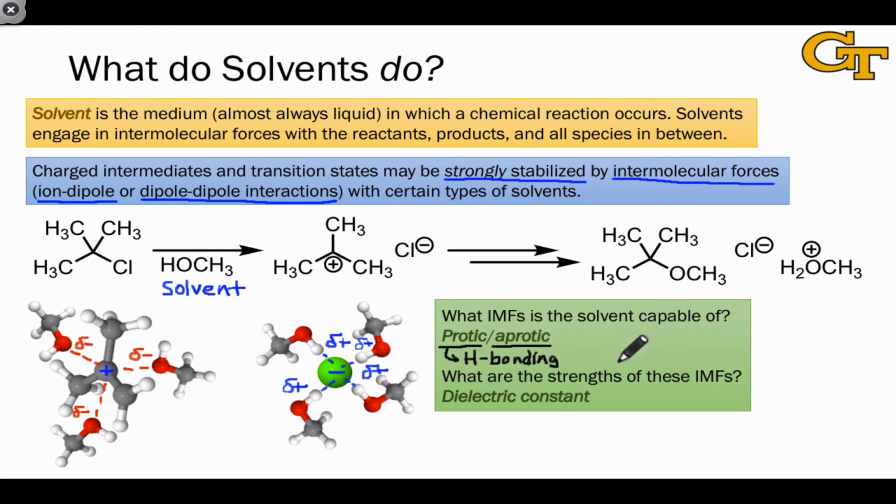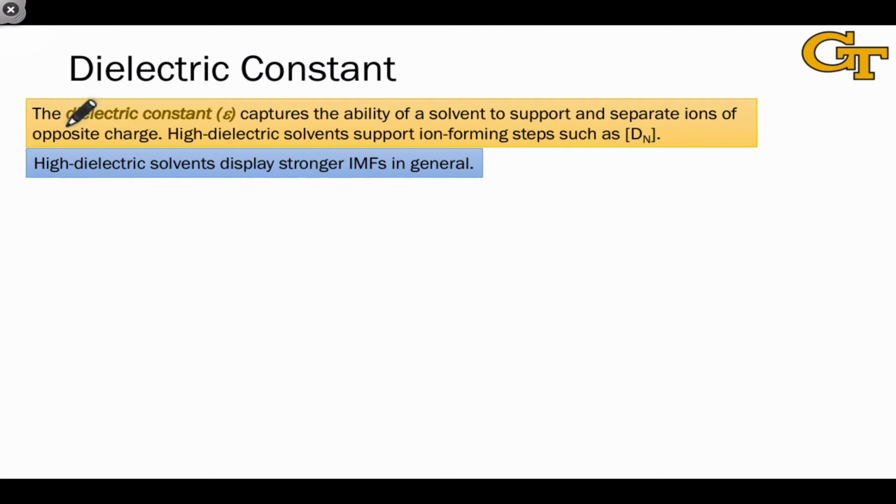We can also ask a question about the relative strengths of intermolecular forces, and this comes down to the issue of how polar exactly is the solvent. How much partial positive or partial negative charge, as the case may be, is the solvent presenting to these ions? One measure of that is the molecular dipole. The one that's in more common use is the so-called dielectric constant, which we'll explore in more detail here in a second. In fact, the dielectric constant is a more direct measure of the ability of a solvent to support and separate ions of opposite charge, for example in a step like the first step of the